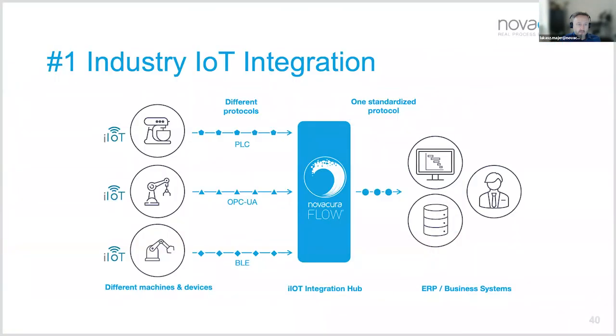So, a few selected examples. First one, Novacura Flow could be, no doubt, a bridge to or integration hub for all the machinery you have on the shop floor. So in short words, we can support the Industry 4.0 vision. And we offer the industry IoT integration supporting different protocols. So the conventional, like OPC UA, or much modern Bluetooth Low Energy,